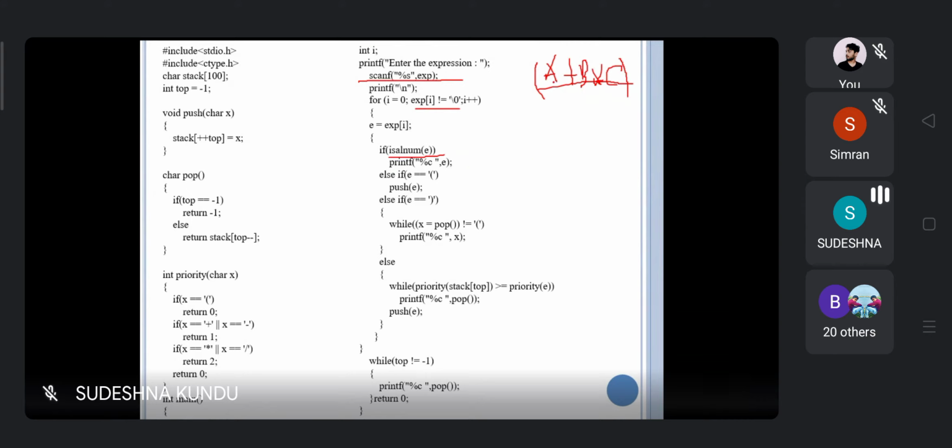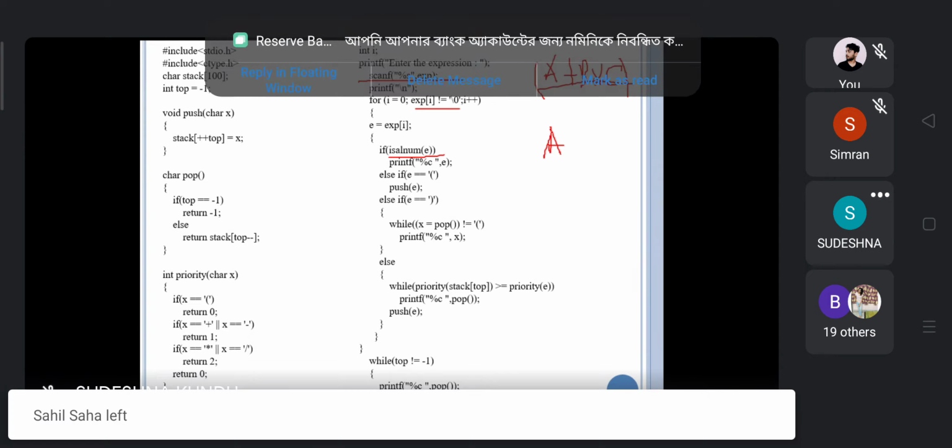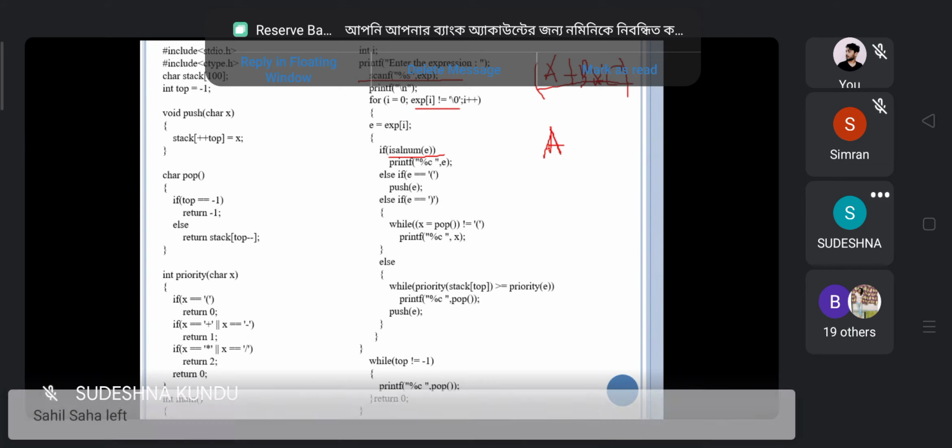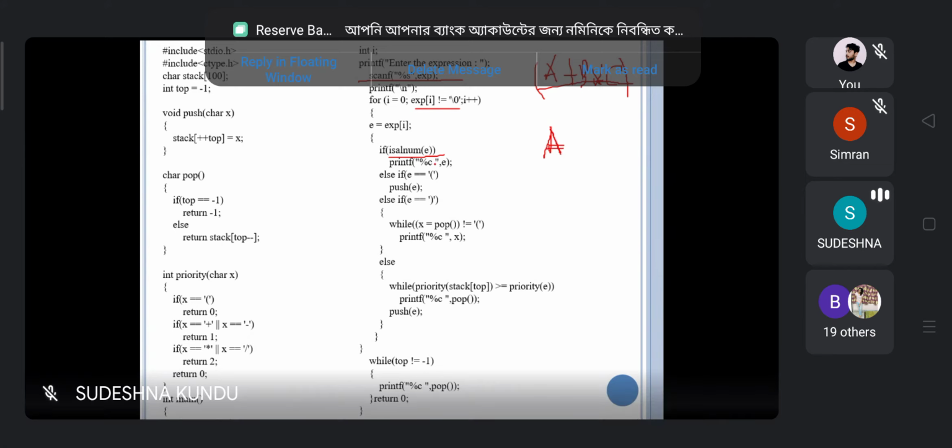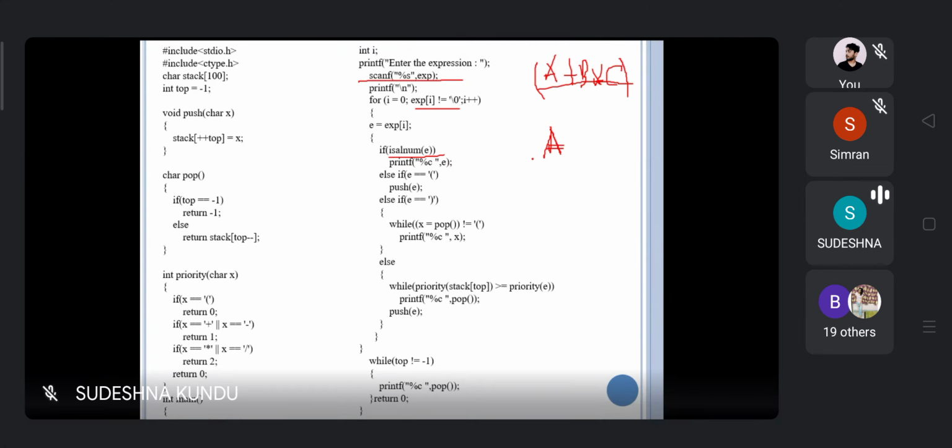So initially we get A, so it is directly printed. Suppose here we are considering A, and it is alphanumeric, then it will directly print A.